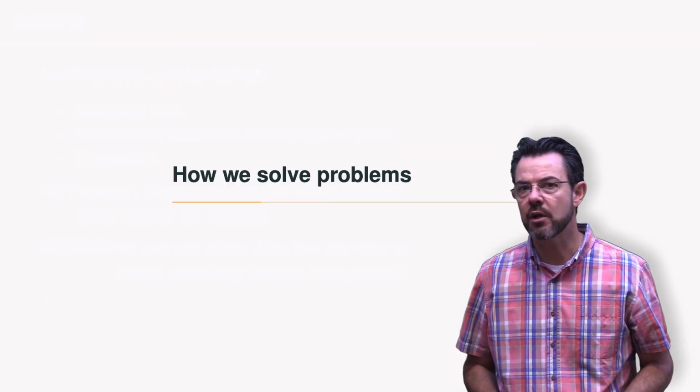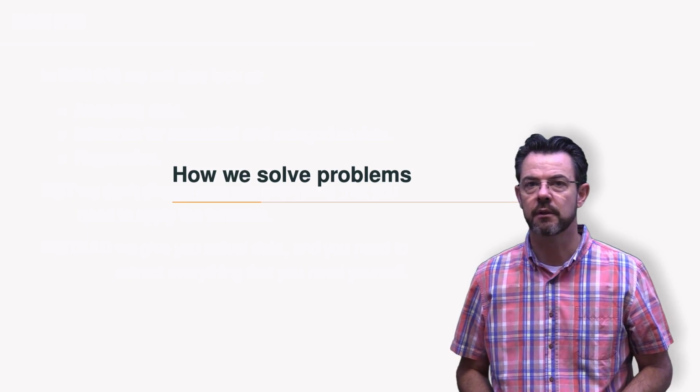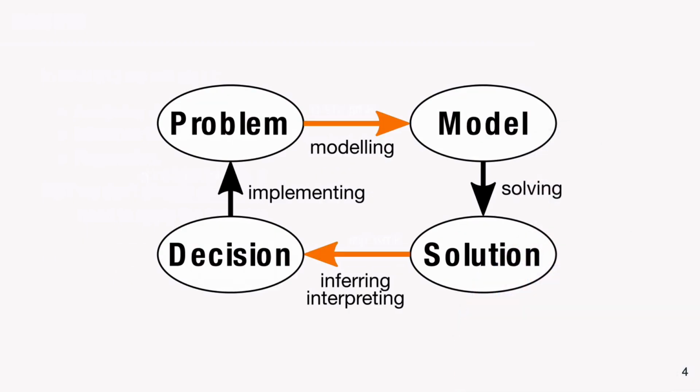So remember, how do we solve problems? There's a separate lecture where we talk about our modeling philosophy. Suffice to say that problems exist in the real world, and then we try to imitate those problems or represent them in some abstract form, which we call a model. And then we solve the model and we interpret or infer the results or the solution that comes from those models. And then based on those inferences or interpretations, we make a decision which we then go and